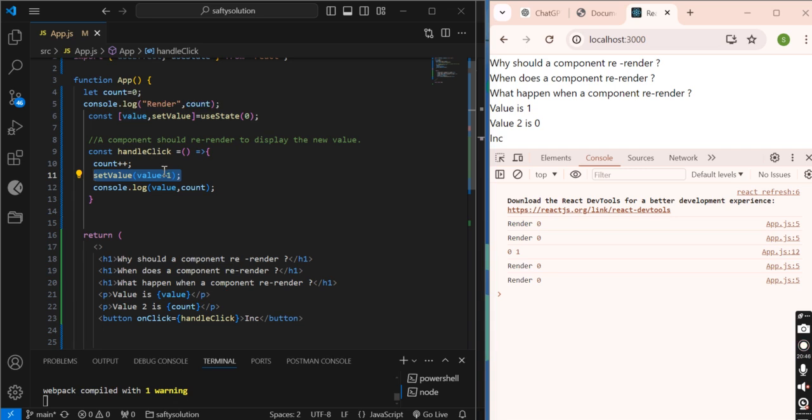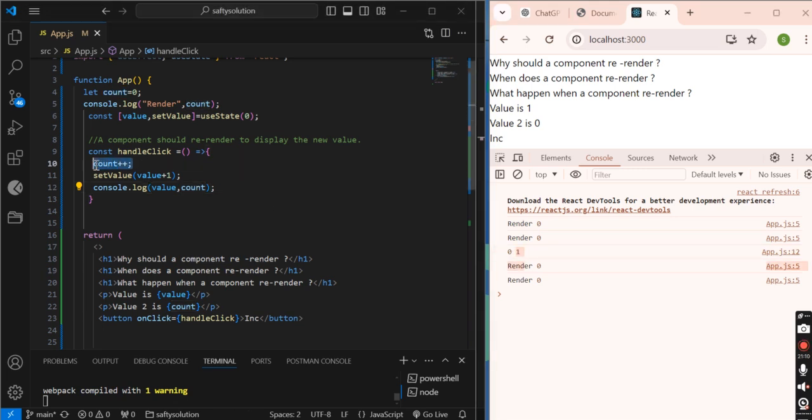It does not change. Firstly, it finishes the execution of this method, this function. That's why here I have printed, it's displaying the previous value, which is 0, and this is count.